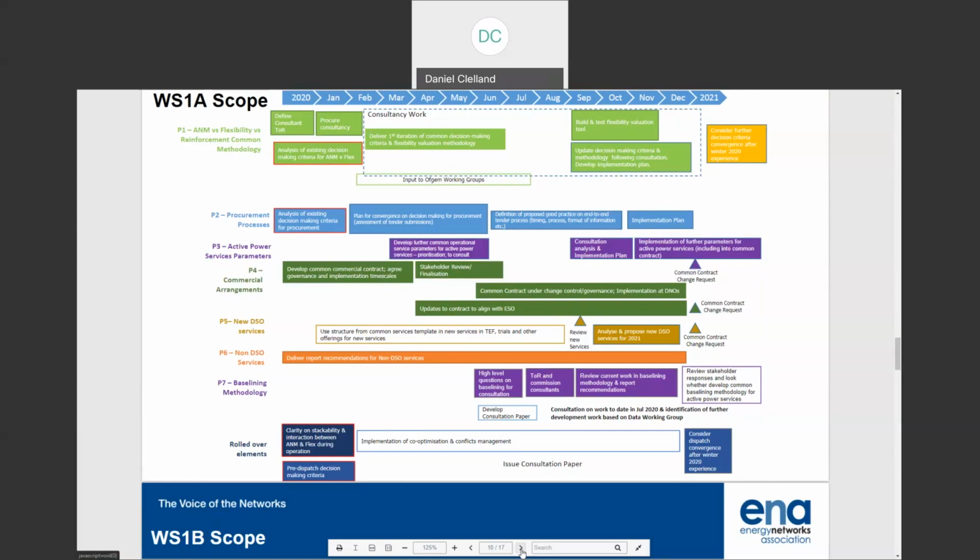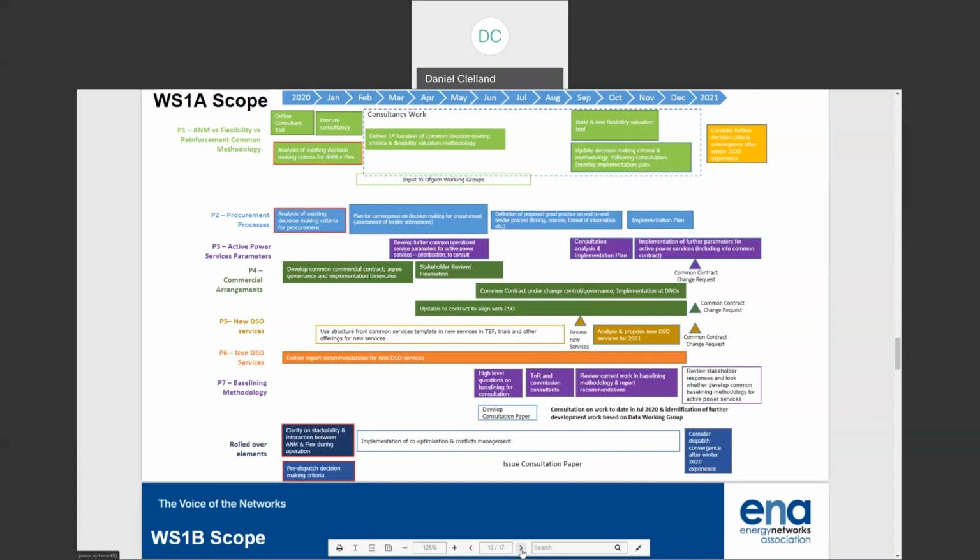We're going to work closely with the BEX Flex competition, the TEF projects and others to help identify exactly what data we might need to provide in order to support some of those non-directly procured DSO services. So that's a significant area of development to support other non-direct DSO services.